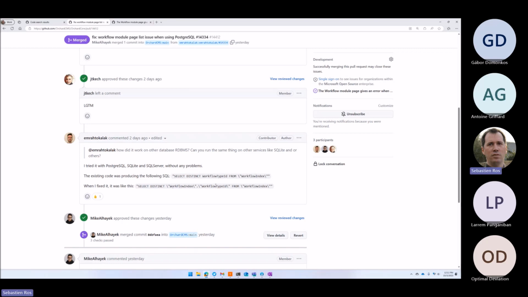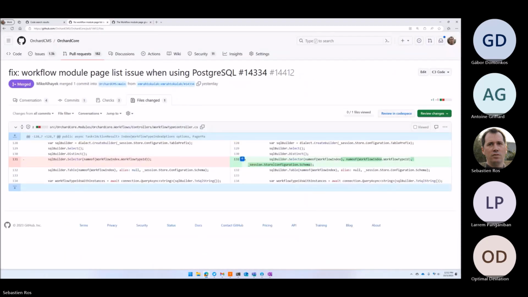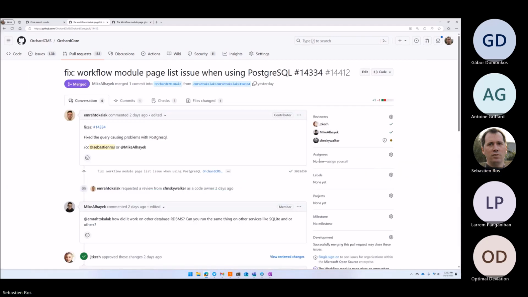Okay, you have to prefix the column by a table. Okay. So this will have to be made in a PR for